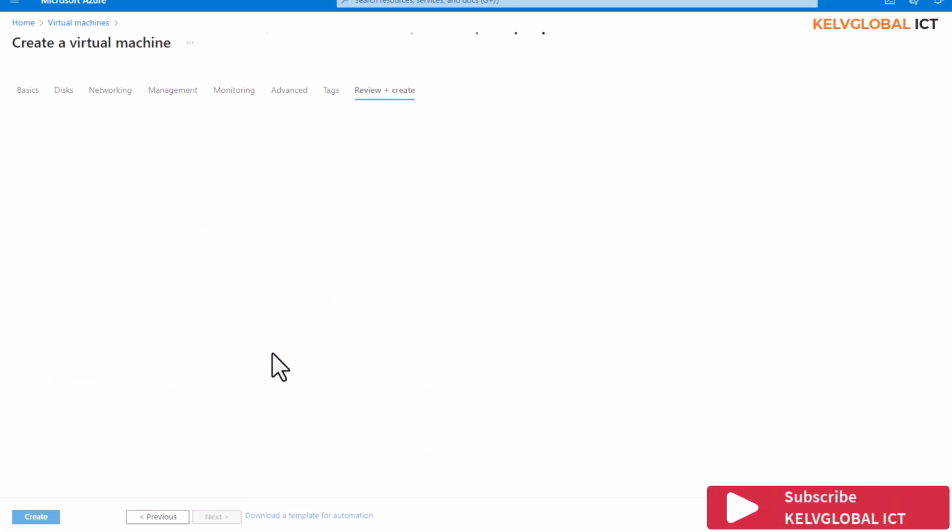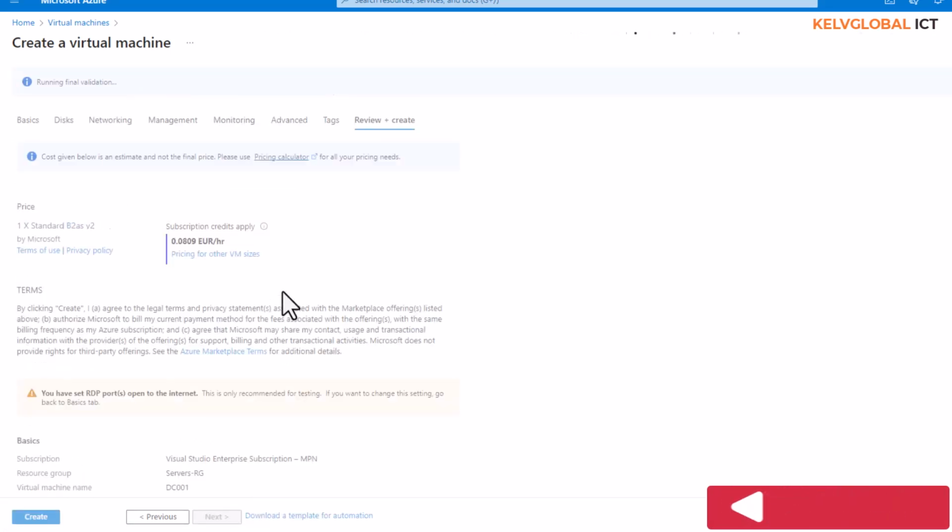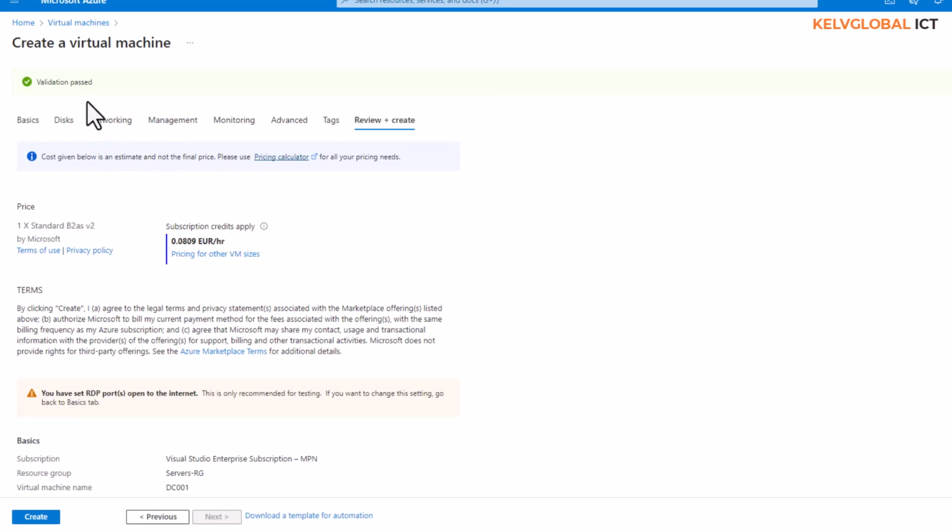And let's just review. If there's any error message, you will not be able to create your virtual machine. It's going to tell you that there's an error message, which of course you need to verify before you can create your virtual machine. So right now it's trying to verify to make sure everything is correct. It says validation passed, and this is the amount I'm going to be paying